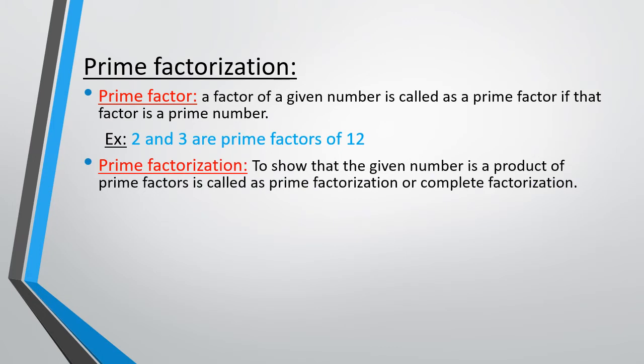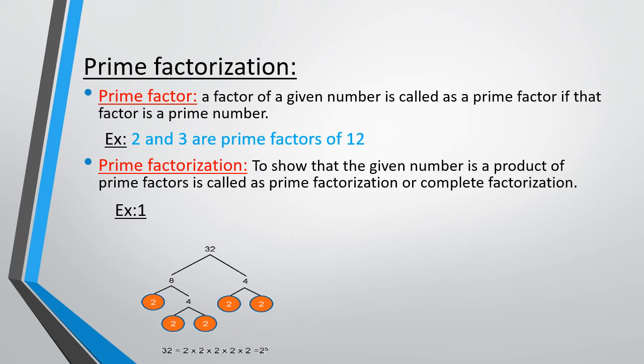Prime factorization. It is a method to show that the given number is the product of all of its prime factors. Alright? Let's see this example. Here the given number is 32 and we need to prove that when we multiply all of its prime factors, we get 32. Okay, so first we need to try to divide 32, that is 8 fours are 32. Now again 8 I need to factorize. So I will say 2 fours are 8.